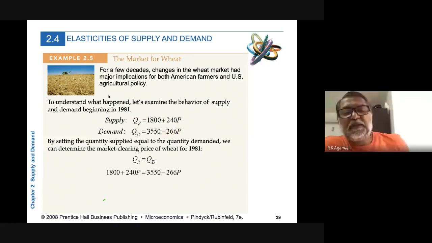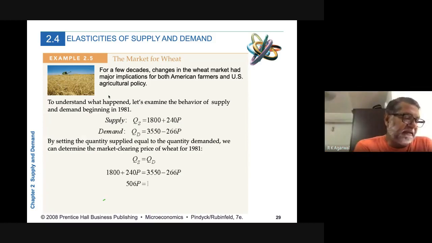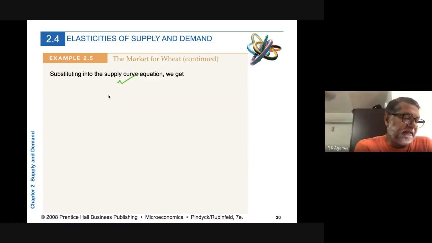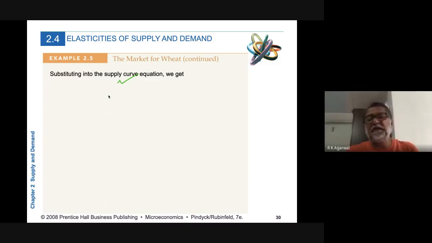So the question is, where have we got this from? Now here somebody already calculated it, gave us the demand and supply curve, and therefore our job of calculating the point elasticity became very simple. But what if we have to actually estimate the demand equation and estimate the supply equation with the help of some data? What if we have to do that? So that is what we will try and learn next. What if we have to calculate the slope?